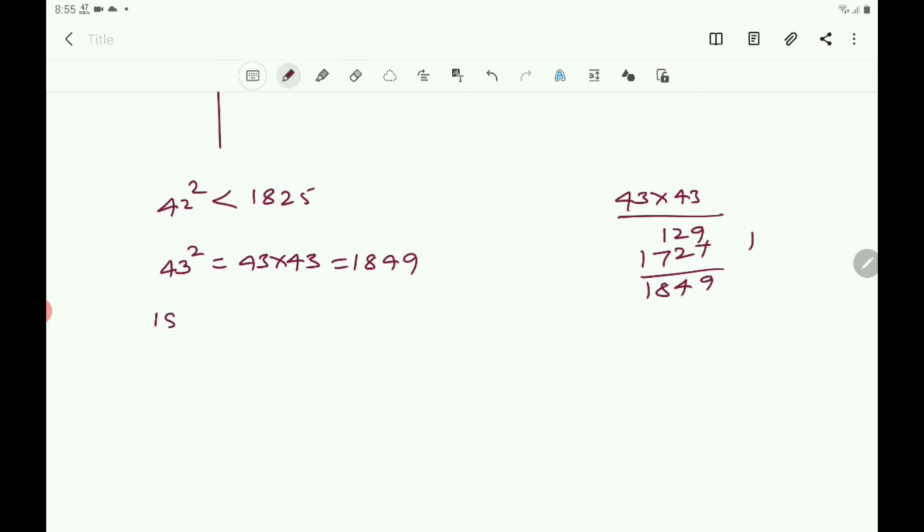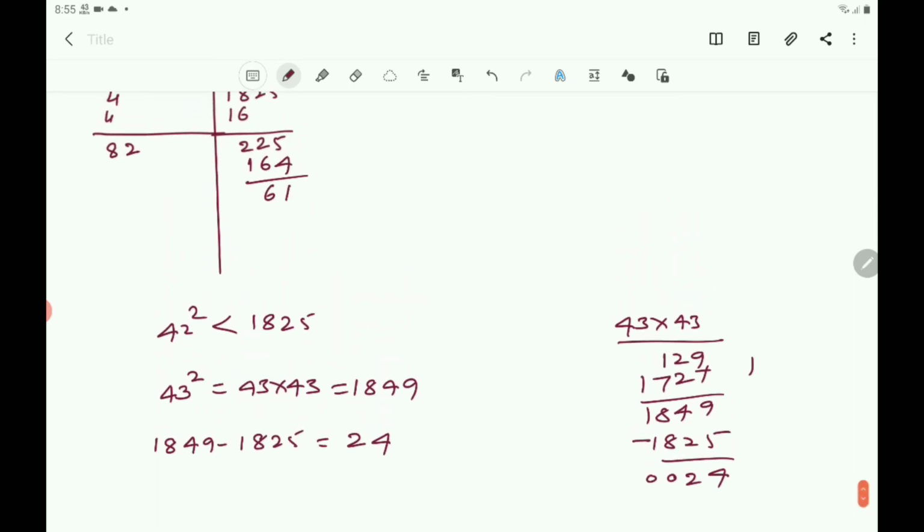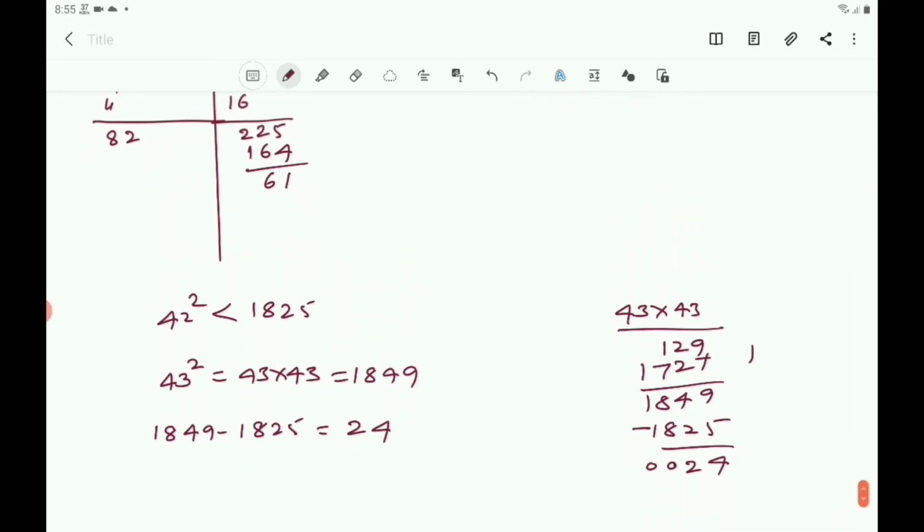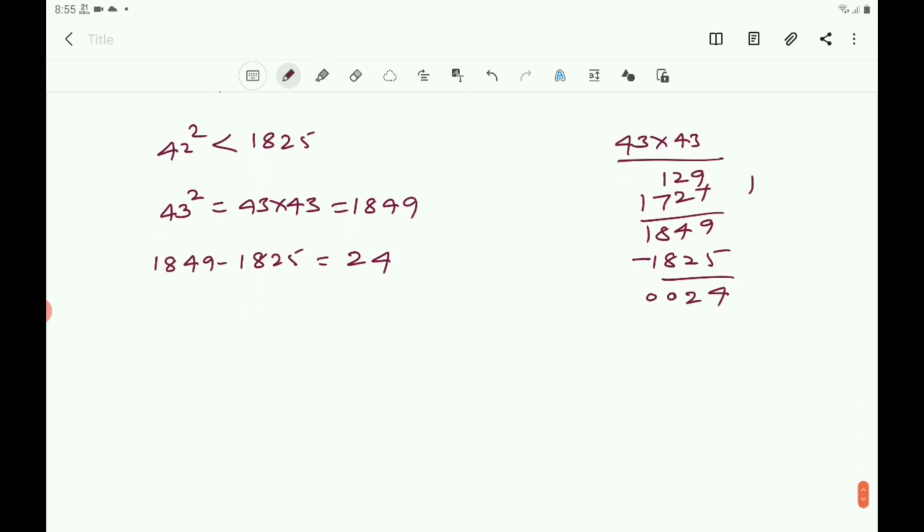So to get 1849, what is to be added? You find that. 1849 minus 1825. 9 minus 5 is 4, 4 minus 2 is 2. So here you got 24. What is to be added? We must add 24 to 1825 to make it a perfect square. So you write 24 is the least number